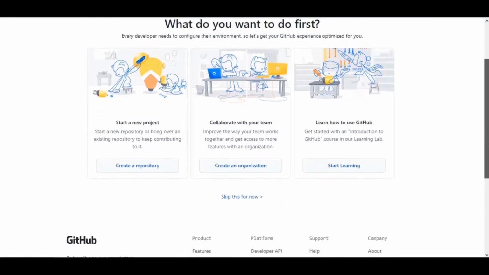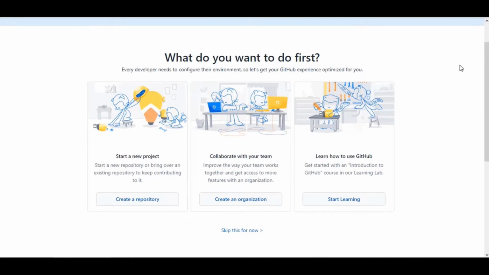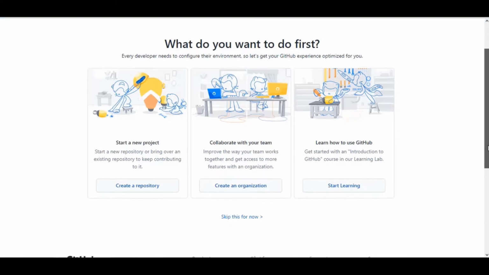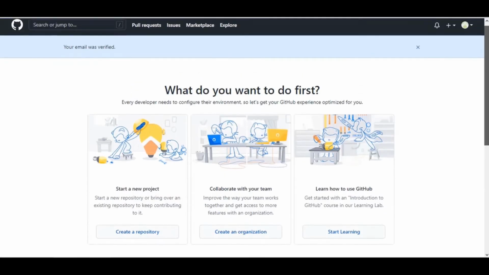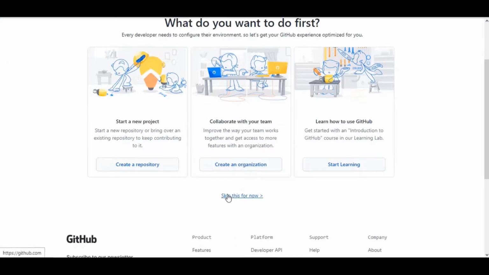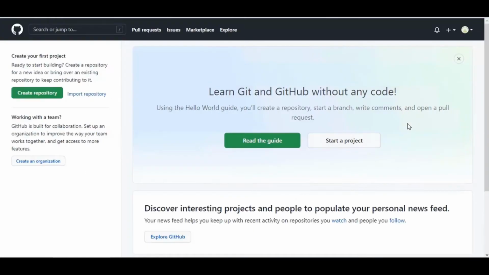Here are the three options. Either you start by creating a repository or an organization, or simply start learning. Let's skip this for now and then we will explore these later. So here is the main home page of your GitHub account after successfully creating your account. In the next lab exercises, we will be looking at creating new repositories, pushing and pulling files, and performing